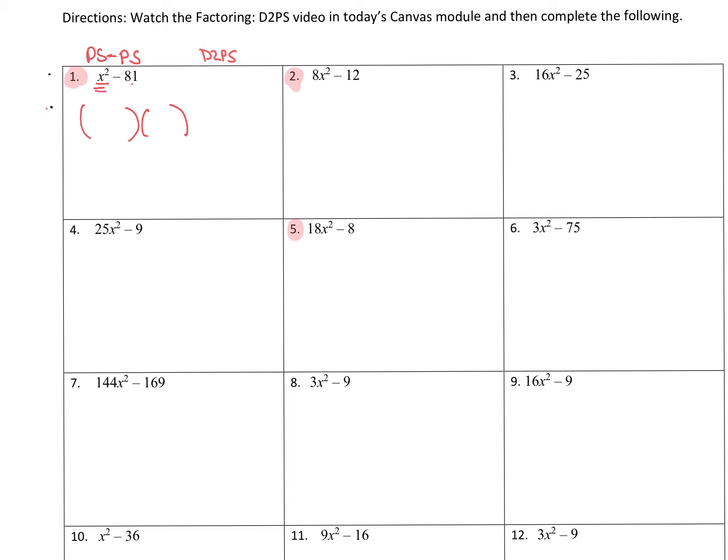So we'll see that x squared is x times x, and that 81 is a negative 9 and a positive 9. If we look at number 5, we'll take and